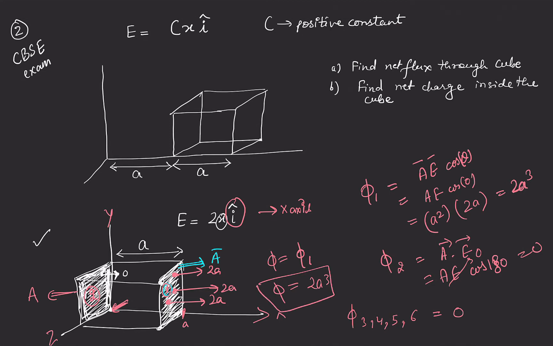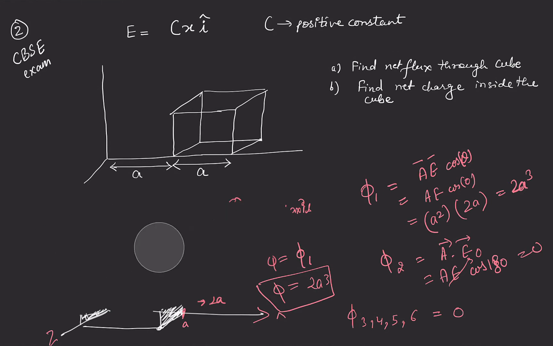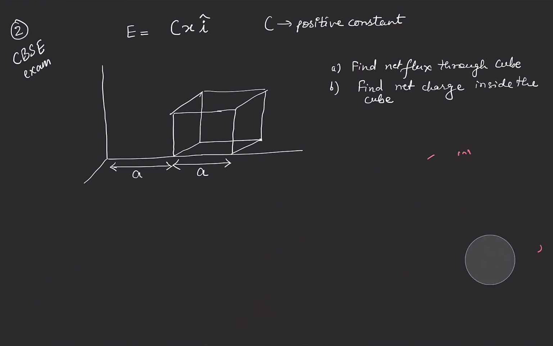So a similar question, just a slight variant of this, is this question. So here we are not given 2x i cap, we are given just a constant c. We are not given the constant, you can assume any constant, and we have to find the net flux through this cube here. Now this cube is at a distance of